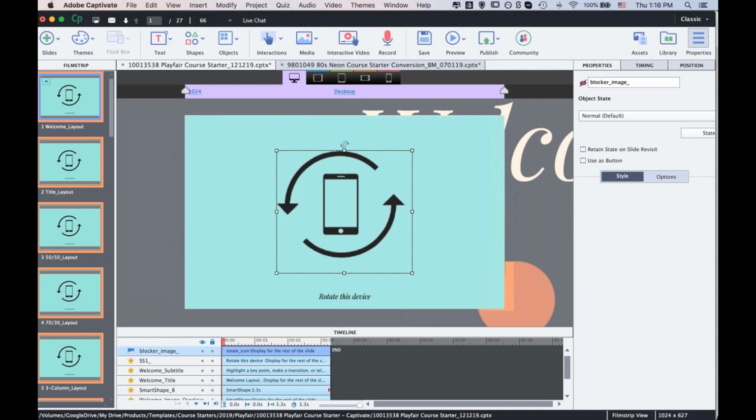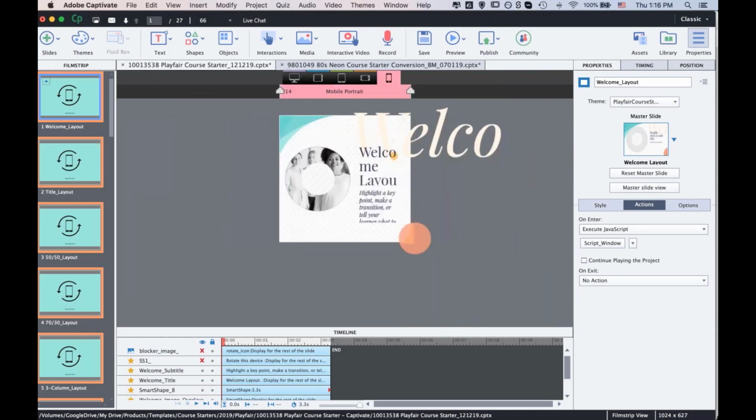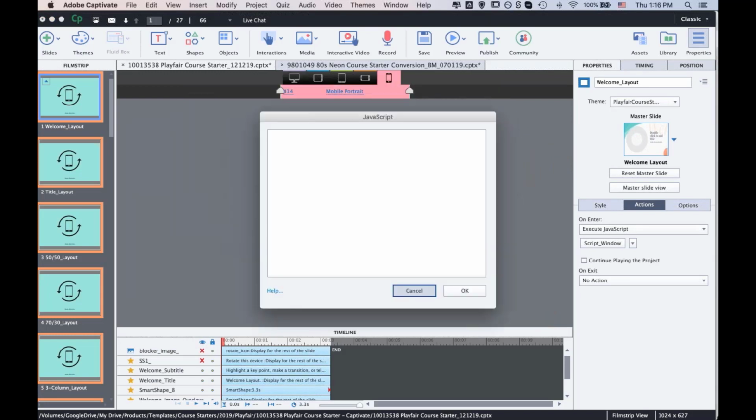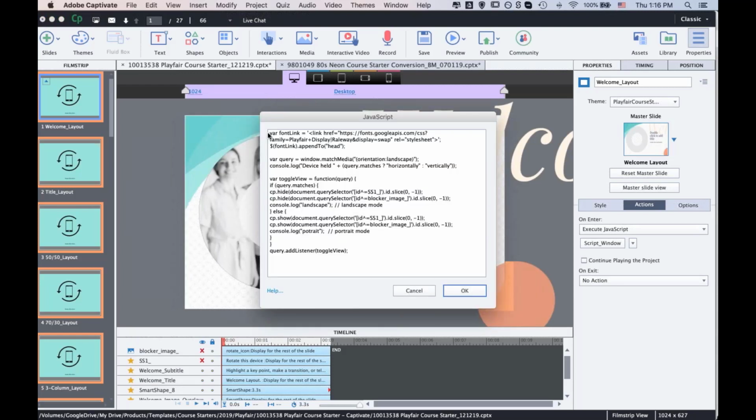That occurs through this JavaScript, which is not showing up right now, strangely. But we've got a little script in there. There we are. Got a little script in here that calls the font and appends it to the head. We need to keep that. But this tiny little thing here that's just a little query that checks the view and does a couple things, that's what actually controls that